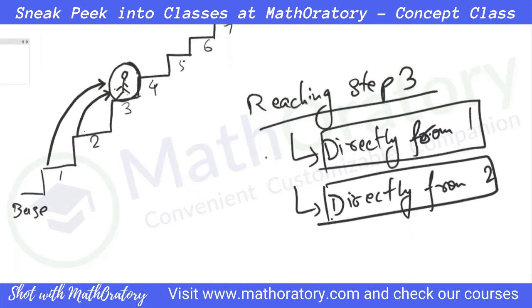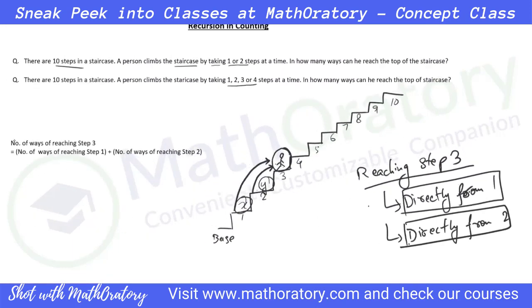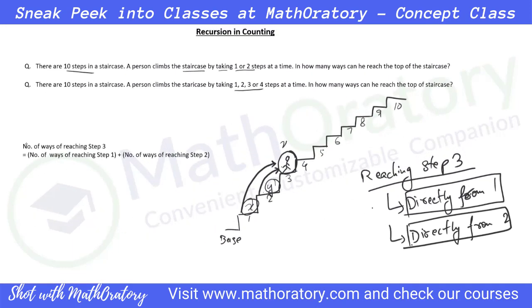So suppose he can reach in some x number of ways in step 1 and y number of ways in step 2. So in step 3 he can either go to 1 in x number of ways and then directly go to 3, or he can go to step number 2 in y number of ways and then directly go to 3. So obviously the number of ways of reaching step 3 will be simply x plus y, right? So if you understand this idea, then it becomes really simple to solve. So instead of doing this calculation in the steps, I'm just going to take 10 blank spaces.